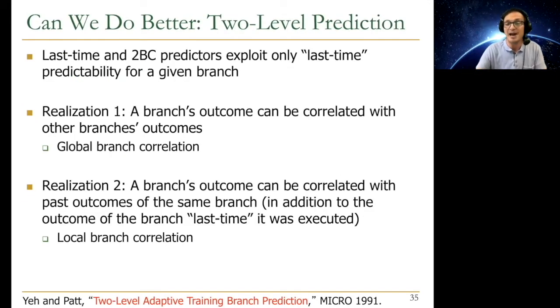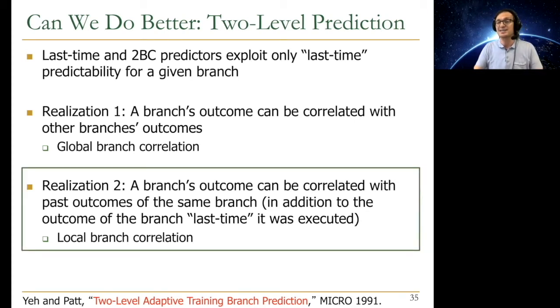But what is to come after the break is we realized that we can actually improve predictability using global branch correlation. Right after the break, we're going to look at the second realization, which is that a branch itself is correlated with prior outcomes of itself as well. So we're going to exploit this local branch correlation. And then we're going to see that you can actually combine these different types of correlations in a hybrid branch